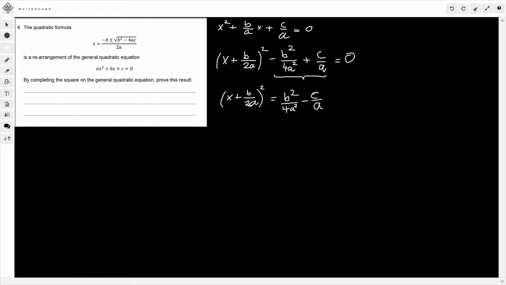Now, we need to look at simplifying again. This isn't a common denominator here, so we can't quite subtract. So what do I have to times the denominator by to get it as 4a squared? So this is a, what do I times it by to get 4a squared? Well, that's just going to be 4a, right? So let's keep going. X plus b over 2a